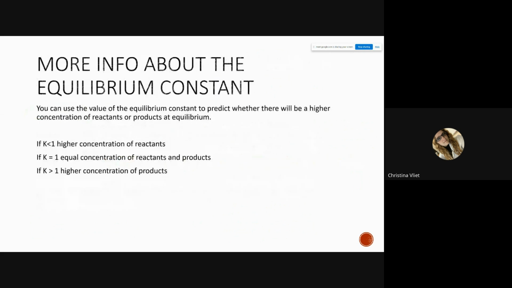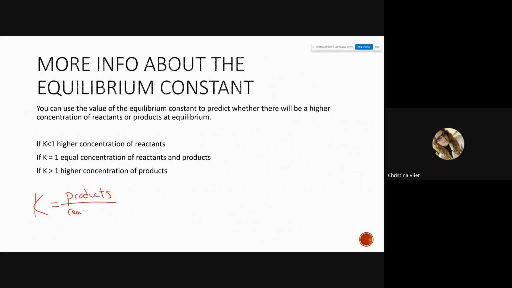All right, I think we're getting close to where we're going to stop for today. I do want to bring this up because I mentioned this in passing, but I think it's really important you have this concept. If you are to study at the A level, this concept is all over the class, and it's the following. The numerical value of K, I mentioned, communicates to us the relative amounts of reactants and products. So if you remember, whatever K you have, it's always products over